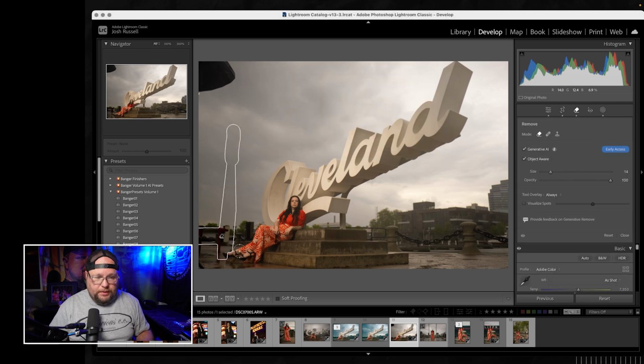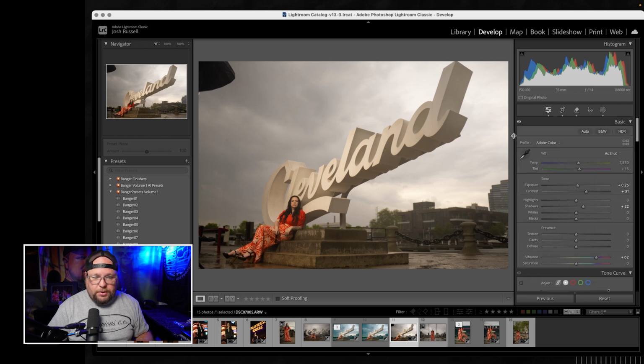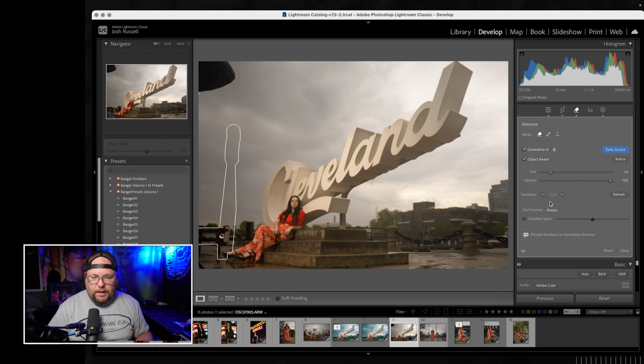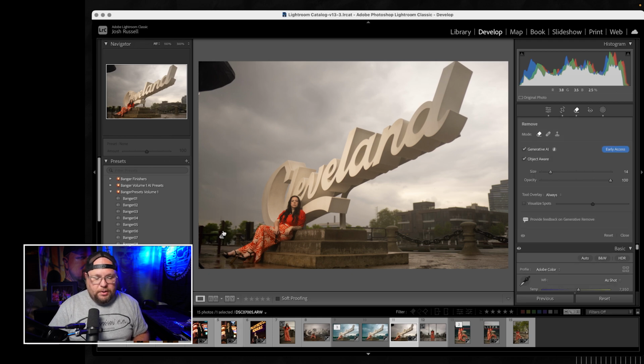And look at this. Just like that. The bench is still there, but it did give us some options here. Let's go ahead and let's look. Click on that. And then right here, this is where I'm talking about. You're going to see variations. You can come in here. You can see what it did. Now it wants to leave that bench. I'm okay with that. It doesn't look as distracting now, but if I wanted to get rid of it, all